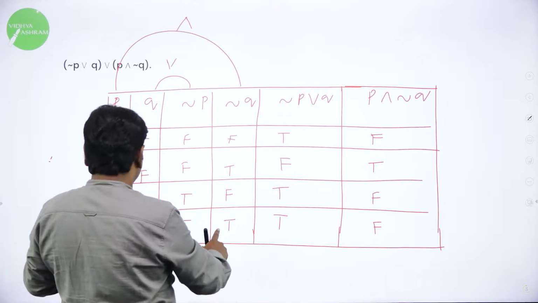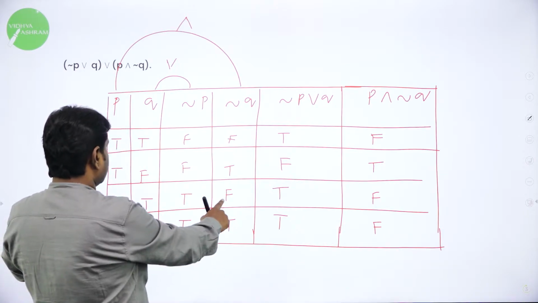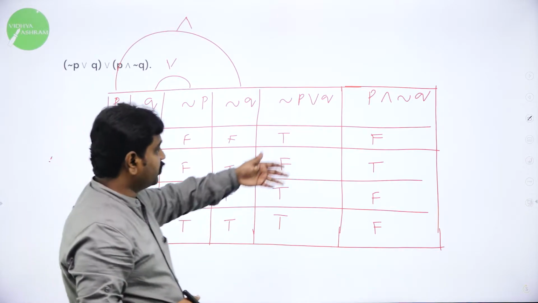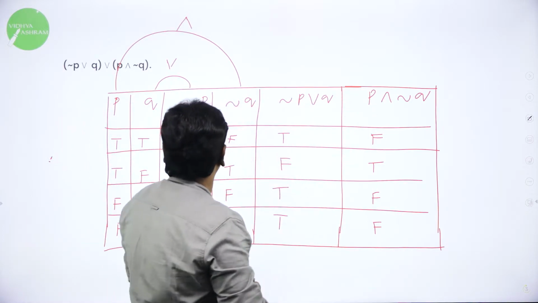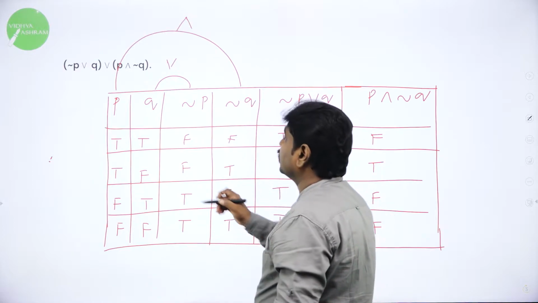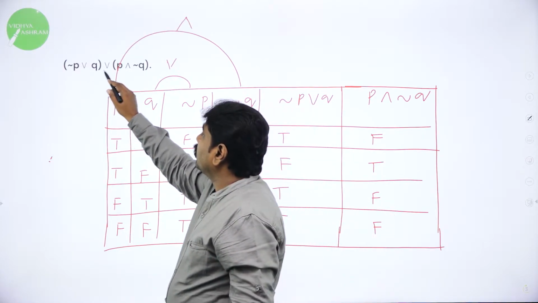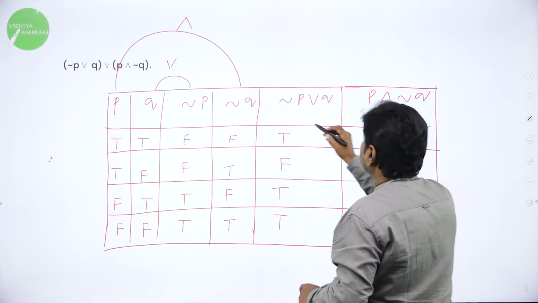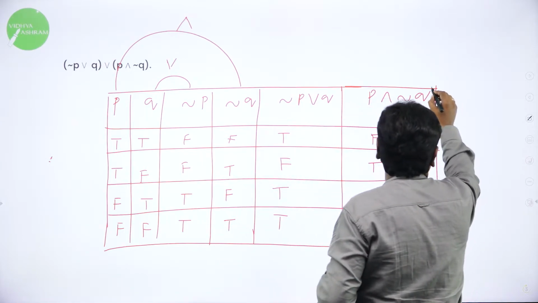So I should see these two. So false true false, false false false, both are true, so it is true here. That's it. So now see the final result. So final result is not P or Q, or P and not Q. So we have to construct one more column combining these two. So last column,